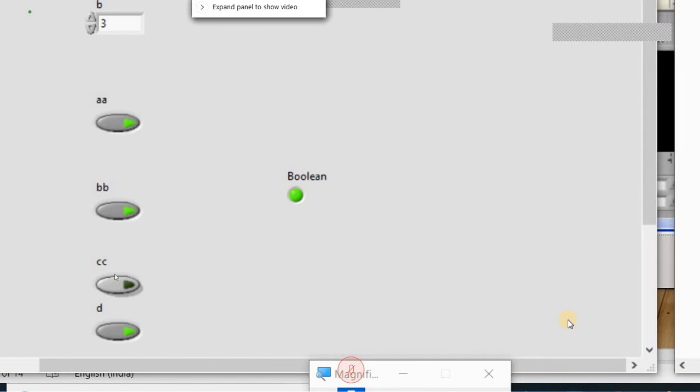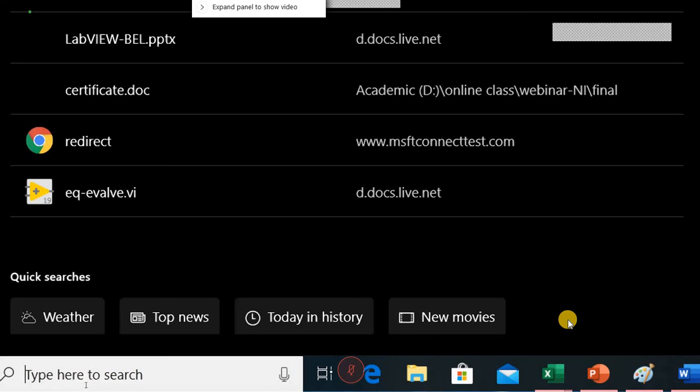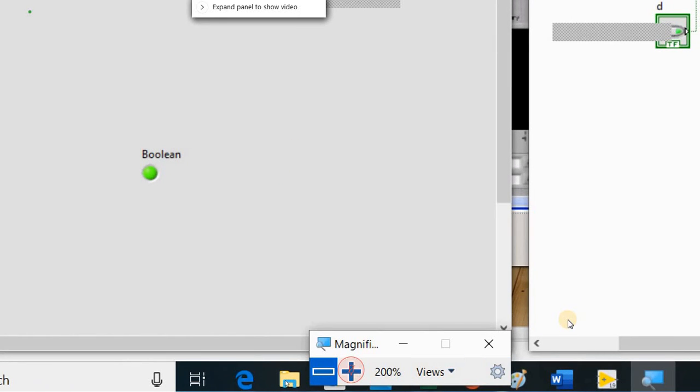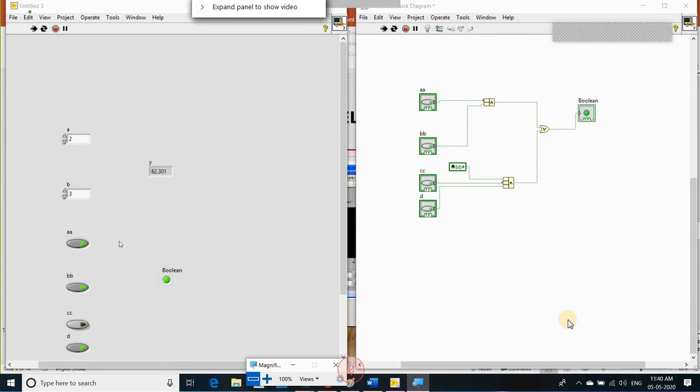With this, you can give the input with respect to your Boolean expression. So you can give the values to the Boolean expression. You can observe what kind of input I am supposed to give to get the output of this Boolean expression.